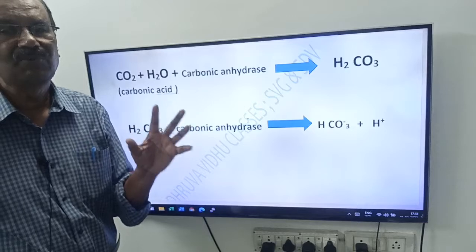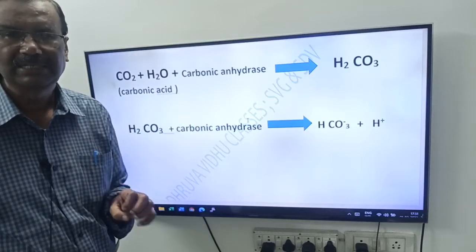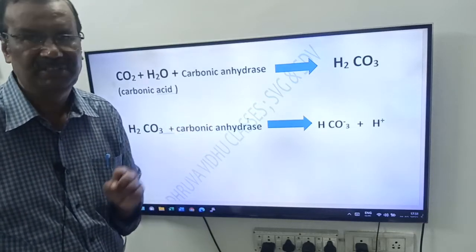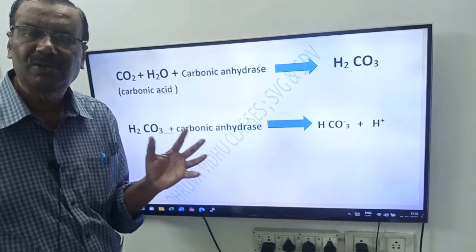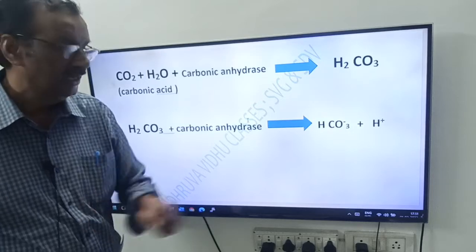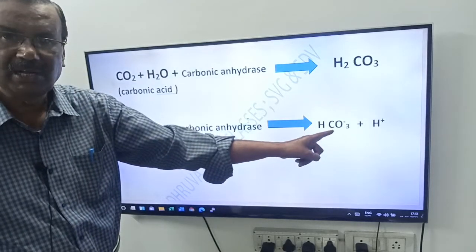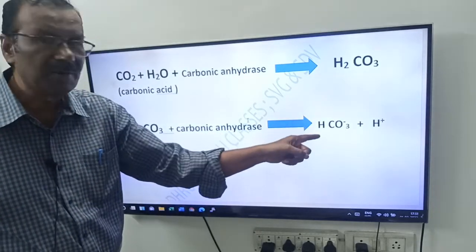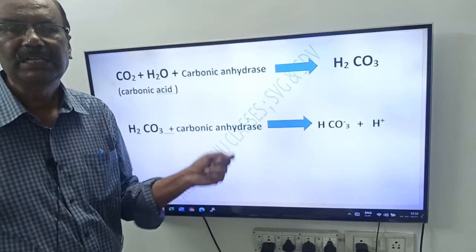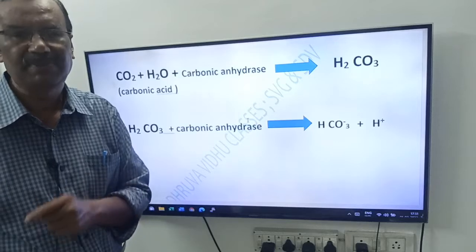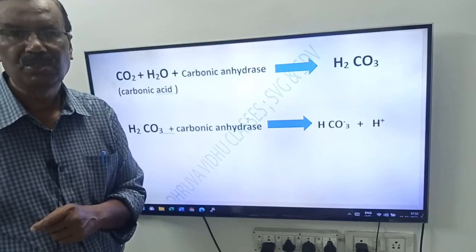Friends, here you remember one word. Actually, no need to write here. Here you have to remember chloride shift. What is chloride shift? Chloride shift is also called the Hamburger phenomenon. See friends, this bicarbonate is formed in the RBC. This bicarbonate which is formed in the red blood cells or erythrocytes diffuses out into the plasma through the plasma